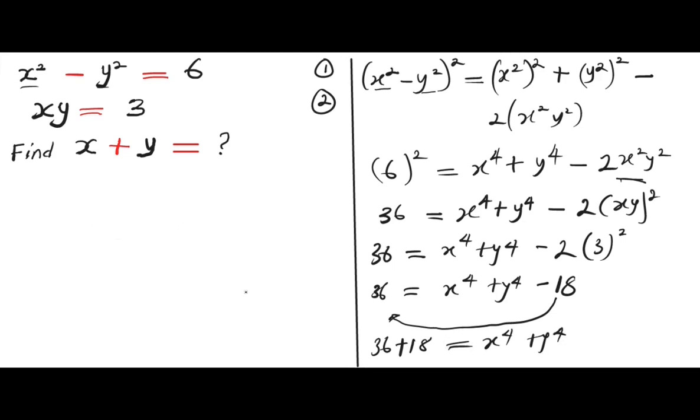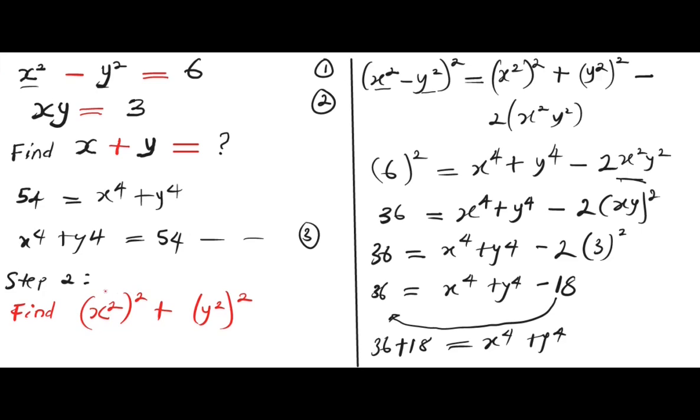So we have 36 plus 18 equals 54. 54 equals x raised to the power of 4 plus y raised to the power of 4, okay? So let's rearrange this equation, and we have x raised to the power of 4 plus y raised to the power of 4 equals 54. Okay, we can make this our equation 3. Alright,